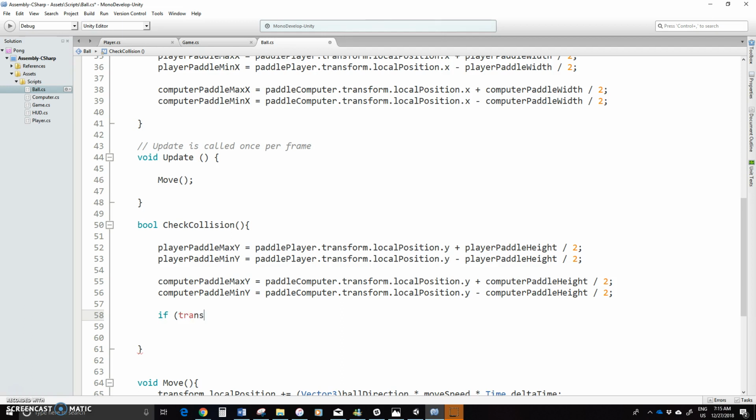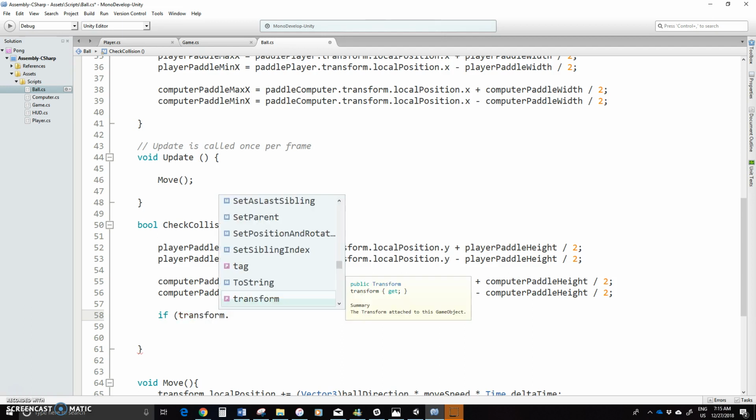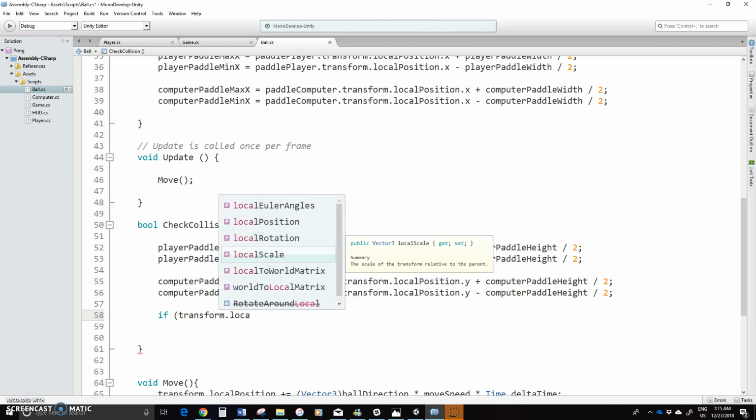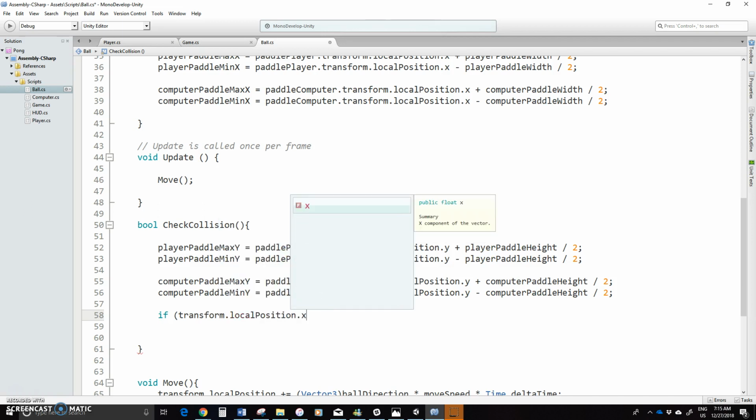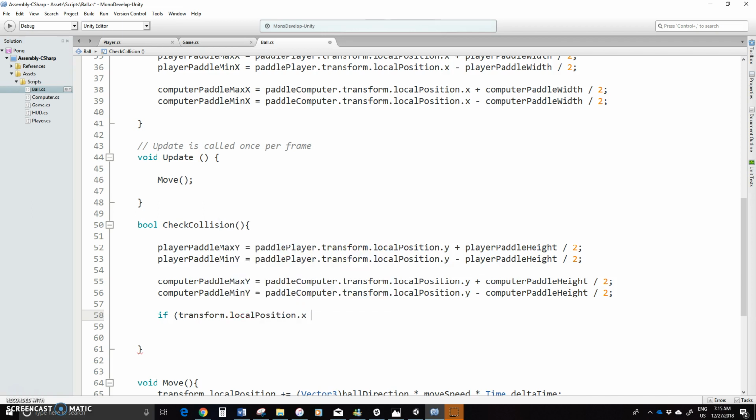So we're going to transform. Remember, this is on the ball, so we don't have to refer to it as ball.transform, just the transform.local position dot X. We're going to deal with the X first here. So minus the ball width. We're going to do the exact same that we did before. So this is going to be the bottom of the ball. Divide that, just format it nicely. Divide by 2. If it's less than or equal to the player paddle max X, and